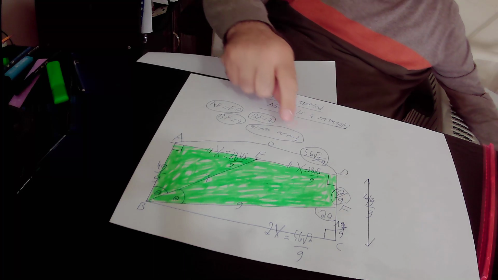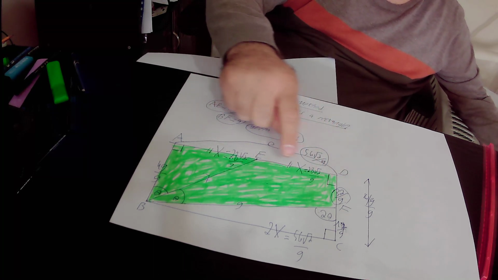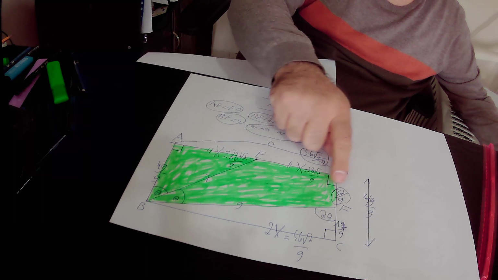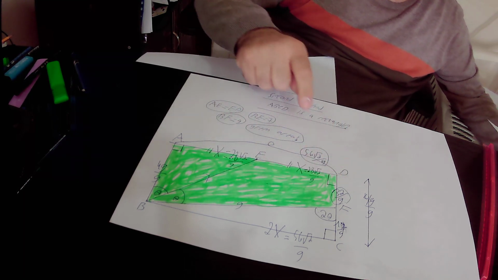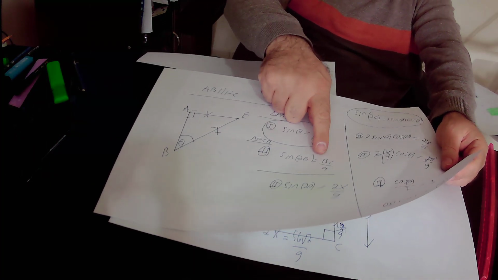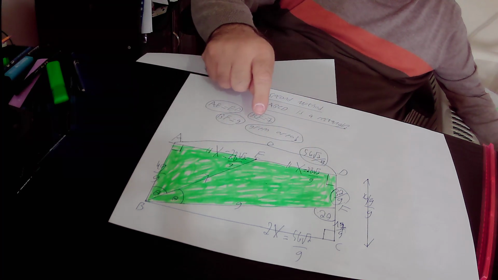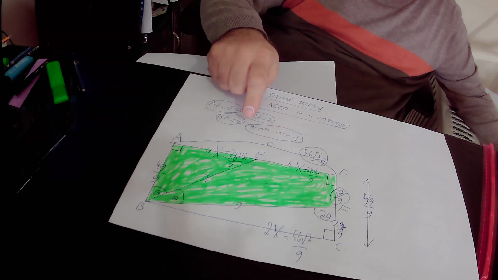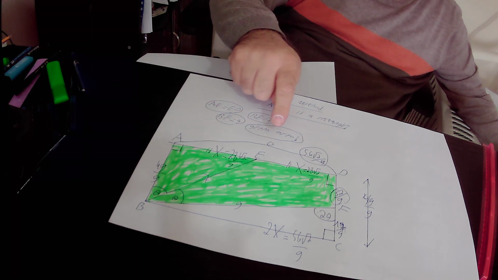And in the right triangle BFC, sine 2 theta is BC over 9, or 2x over 9, but we know that BC equals 2x because the opposite sides of a rectangle are equal to each other,